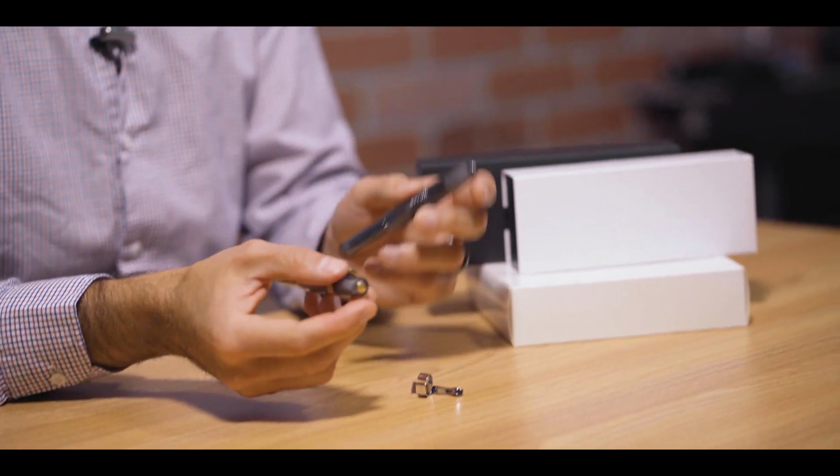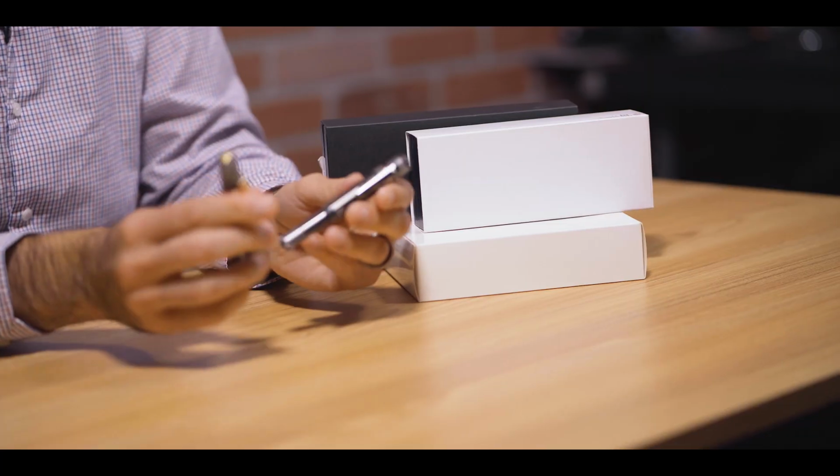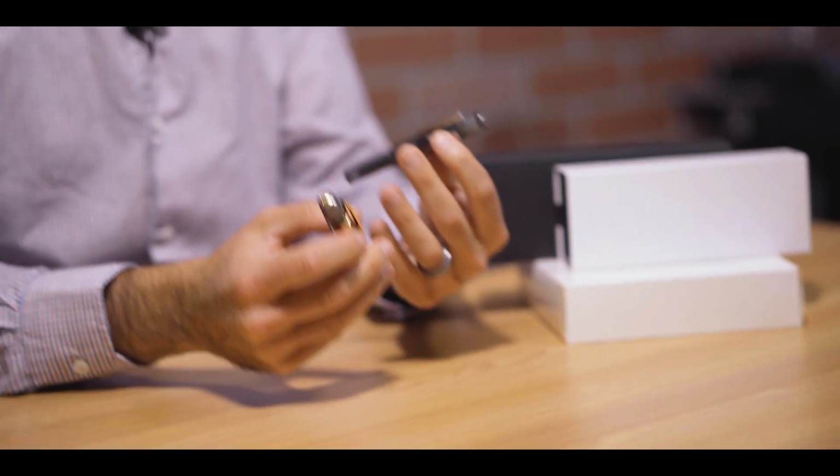Each pen is $27, and that's across the entire range of nib sizes. So a little bit of a premium, being only $2 more expensive than, let's say, the dark olive Kaweco collection item that came out just a few weeks ago. So these Sport fountain pens were introduced earlier this month and have been met with some really great feedback, I think, from the pen community, and continue to be a really strong seller